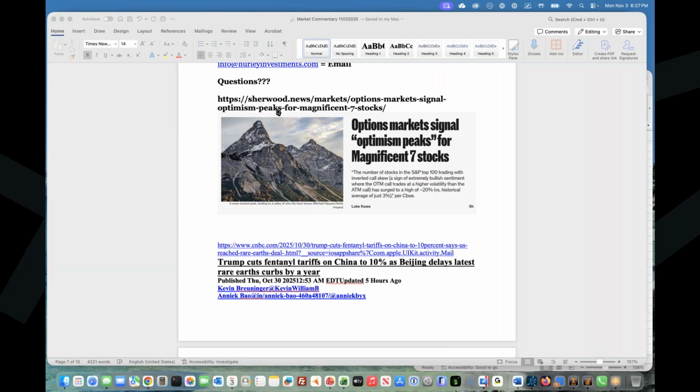And this article I saw today, "Option market signals optimism peaks for Magnificent Seven stocks." You can go to that link. It's in your handouts, and we'll put it on the website later. But you can go to that link to read the article if you want to. But it's talking about